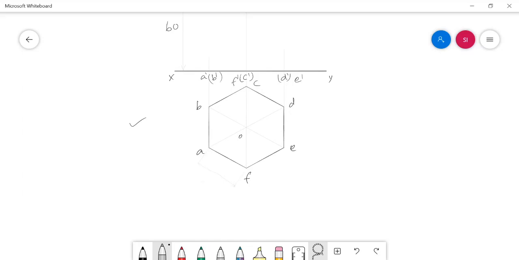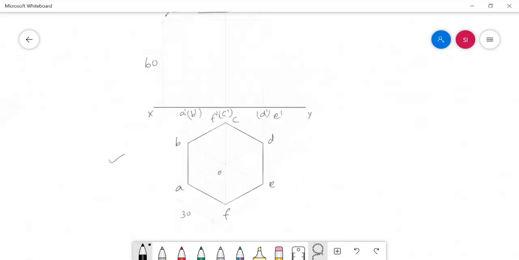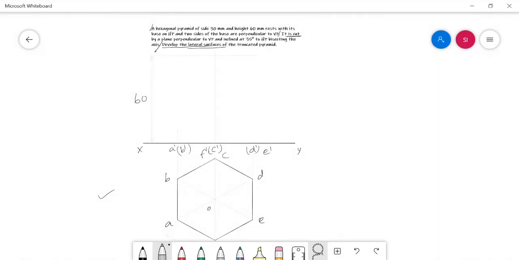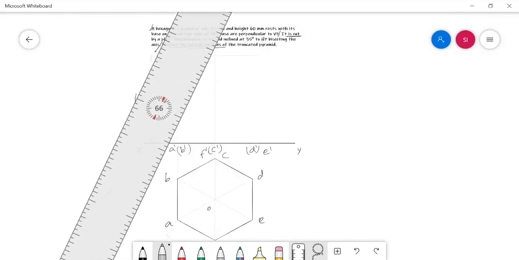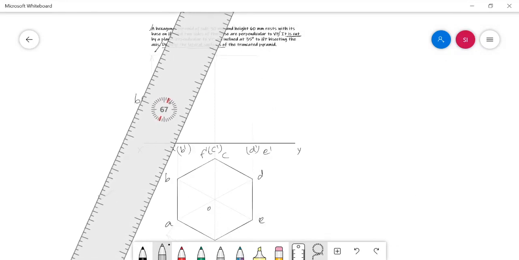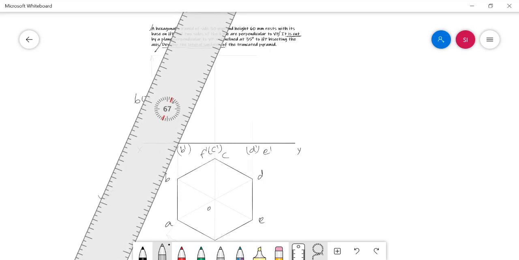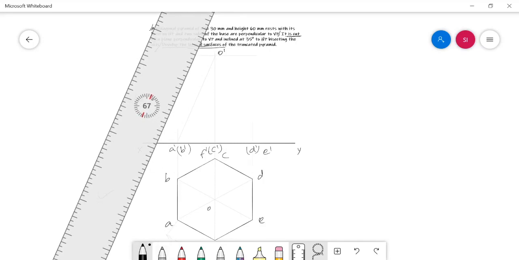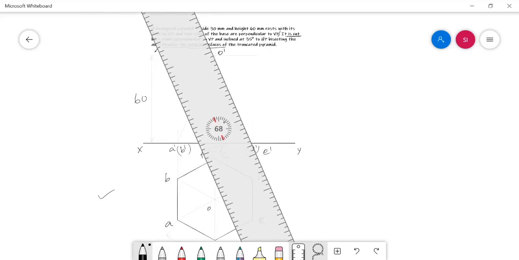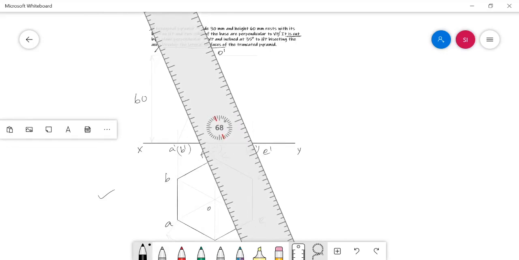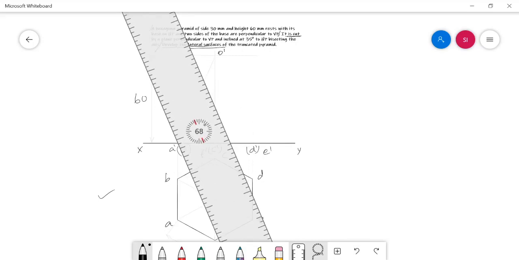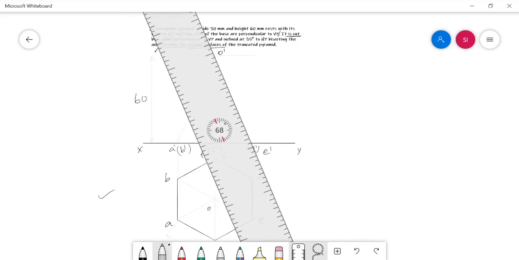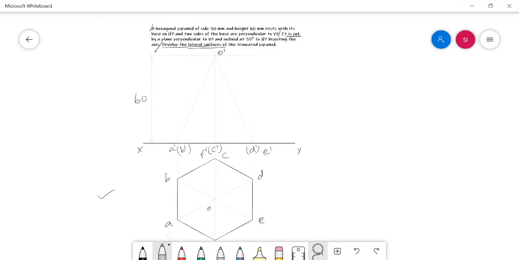The base side is 30 mm. It is O dash. Now I just completed the lateral view of the solid.